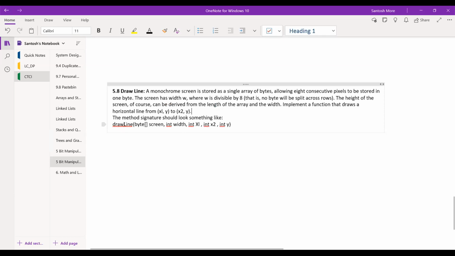And so this will be our method signature. I have a drawLine, then this is my screen, which is a byte array. Then I'll have a width, and then my integer x1 and integer x2, and this will be my y coordinate. So if you have to do this, this is actually just one way of showing how we can set pixels in a graphics mode, right? But the bit manipulations for this,